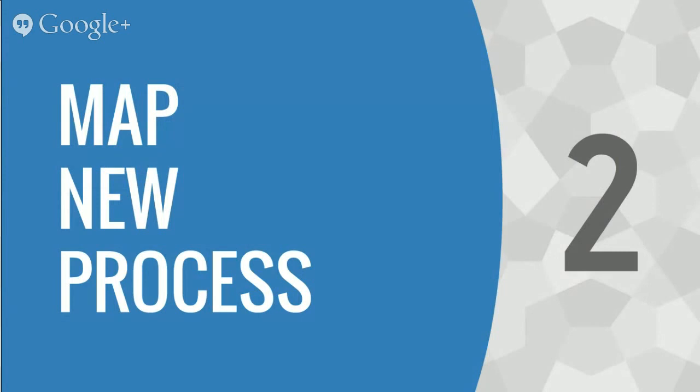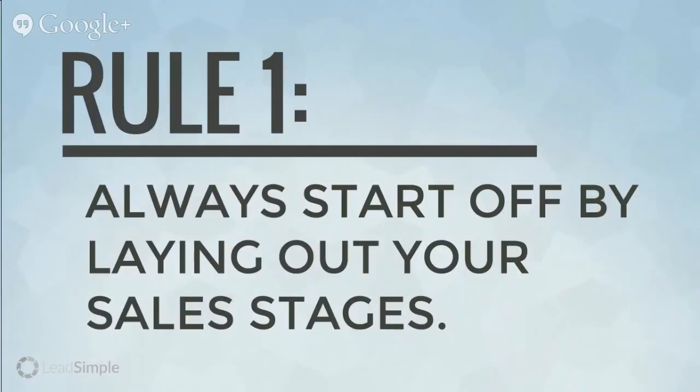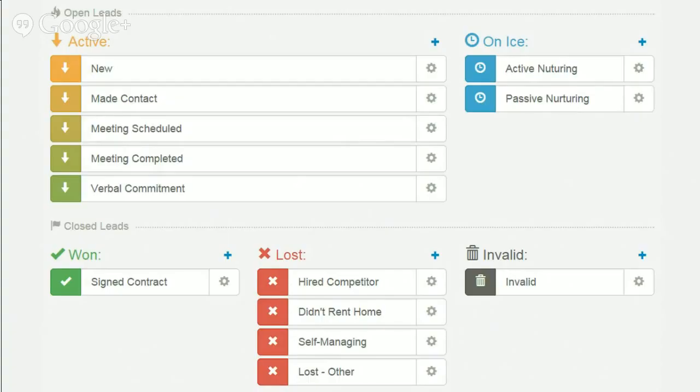Second step is mapping your new process. We're going from the status quo to our new ideal. The first rule here is to always start off by laying out your sales stages. Really important. Your sales stages are basically the buckets that a lead goes through. Right now, we're looking at the default sales stages inside of Lead Simple. You can and should customize this for your own company, but I basically want you to be thinking about when